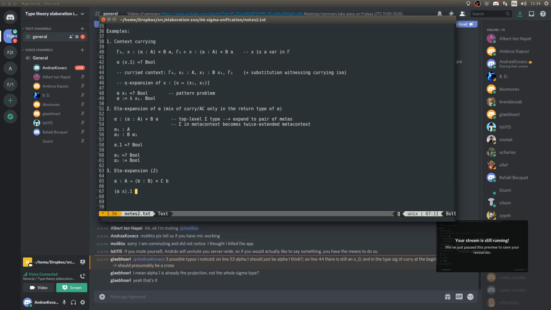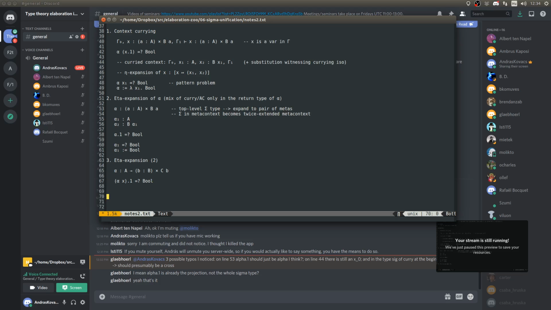Like alpha x dot 1 is something. So alpha x dot 1 has type B, so here we just have to write something which has type B, but maybe let's just write bool here. And then B is the universe. Okay, and now if we do an expansion,